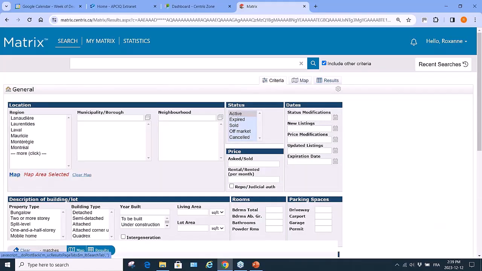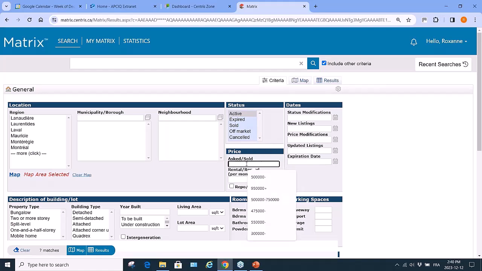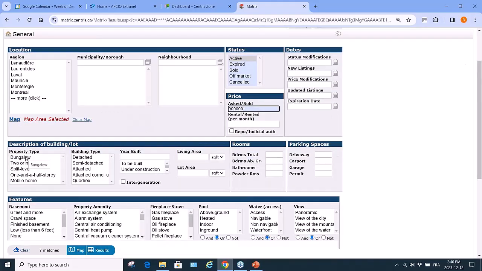So, okay, now we have determined where we want to buy. We're looking at active status. It could be expired if you want to do an analysis. It could be sold, off market, canceled. You get to choose. Obviously we have to put a price range. So we're going to put a price range of, let's say, we're in Montreal, so nothing's cheap, less than $900,000. And then we're going to say whether it's a